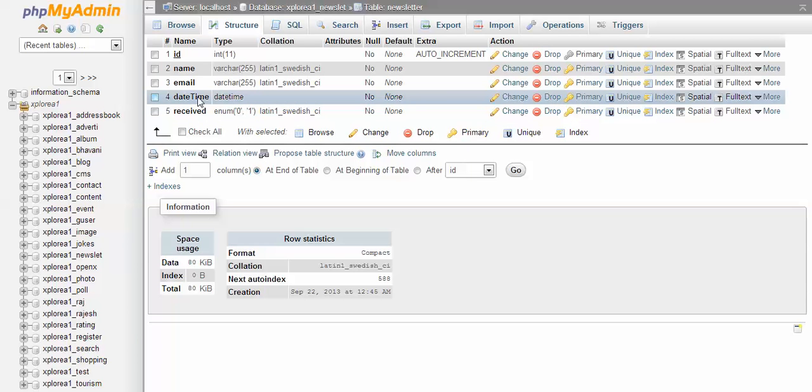Date time is optional. If you want, you can just hit that. Otherwise, you don't have to mention that. I just wanted, when the user registers for the newsletter, to store this data. And next is